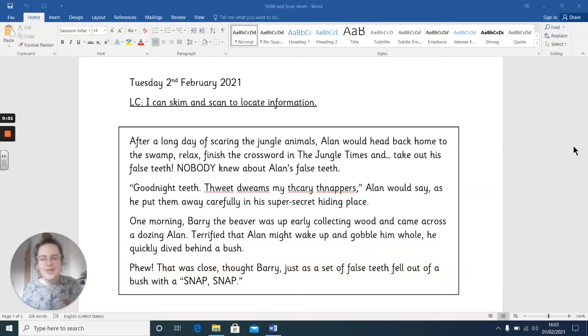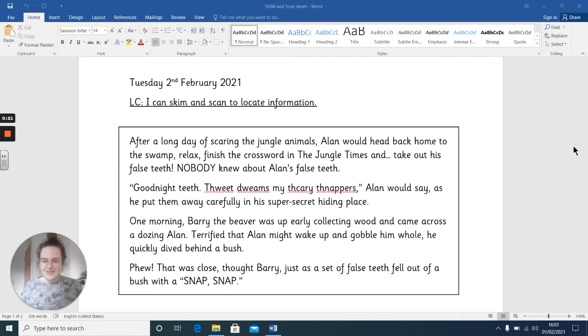Hi everyone! For today's reading lesson, the first thing that you need to do, if you haven't already, is have a look on Teams and find the story of Alan's Big Scary Teeth. There is a video attached to that. And what I would like you to do, please, is watch the story all the way up to